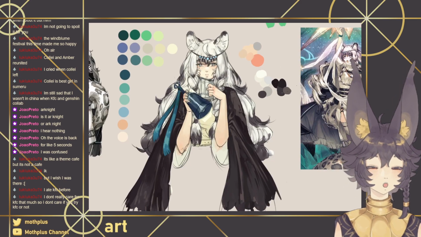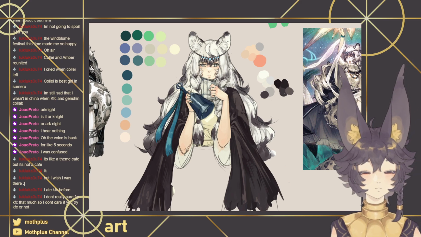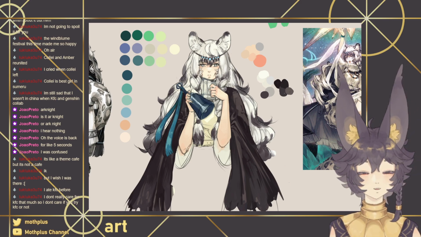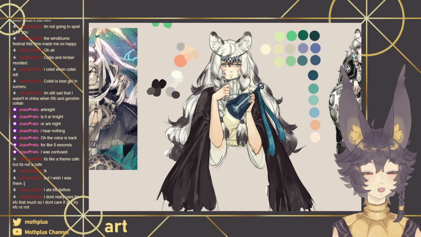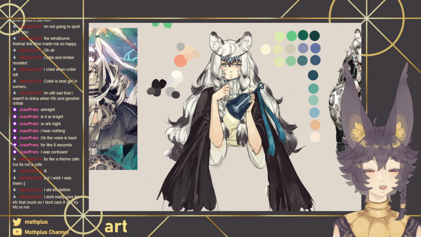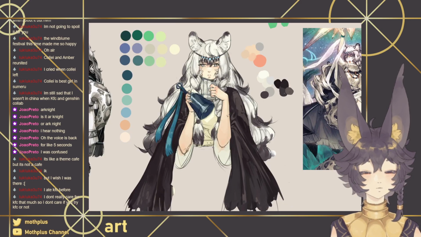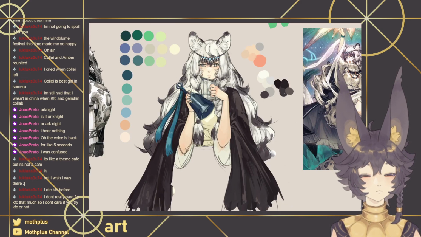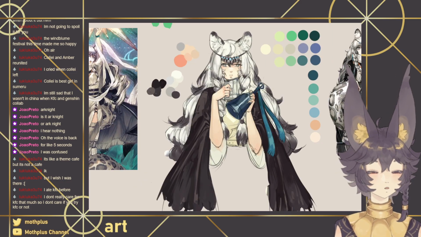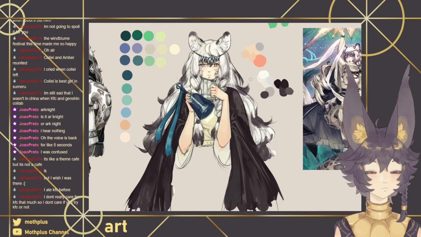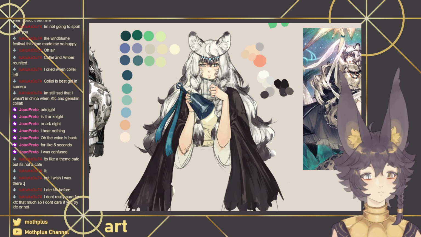It's fixable, I guess, but very hard when your lines are on the same layer as everything else. This thumb can be like this color. Thumb can be a little darker, actually.